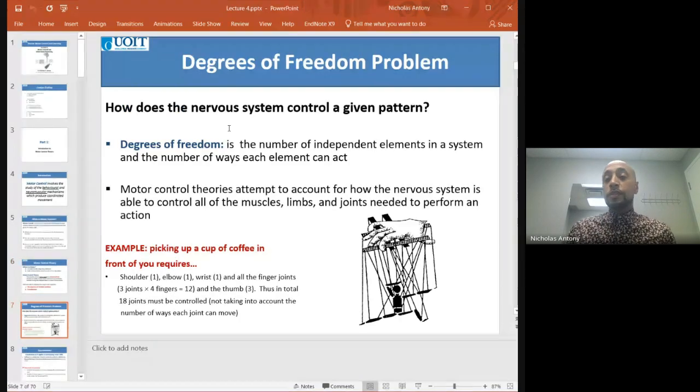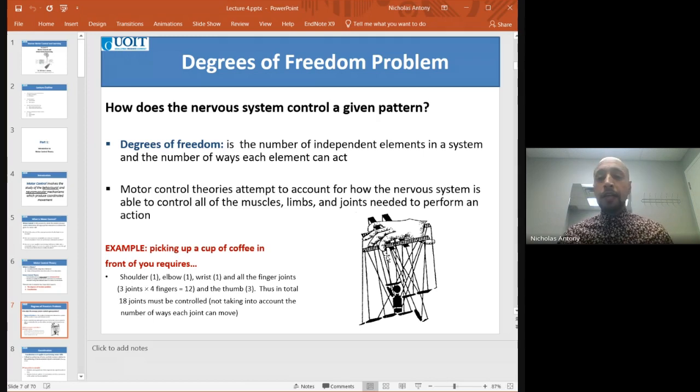The first one is the degrees of freedom problem. Have you guys ever heard of the term degrees of freedom? It means the number of independent elements in a system and the number of ways that each element can act. One degree of freedom is one plane of movement. Three degrees of freedom means three planes of movement. There's more movement available. So if we look at the marionette picture on the slide,